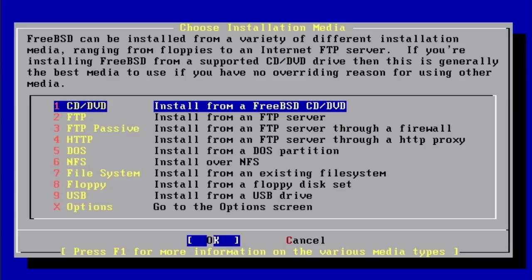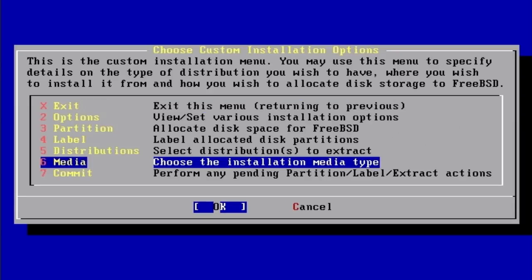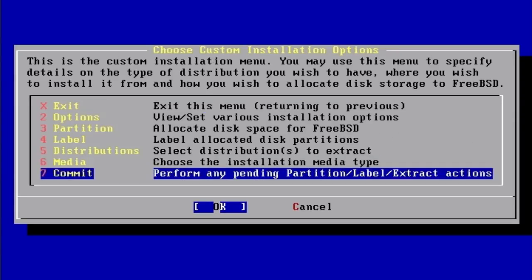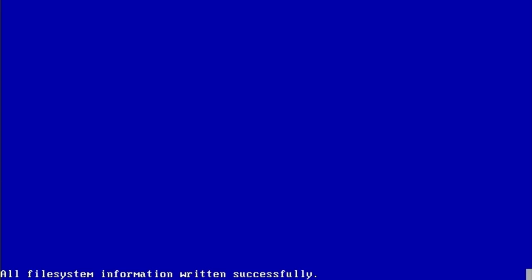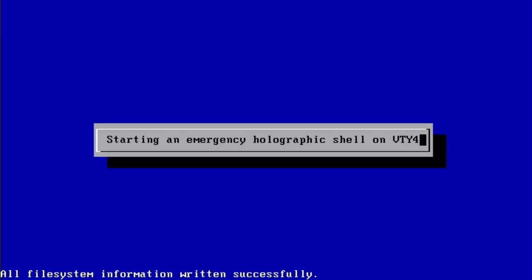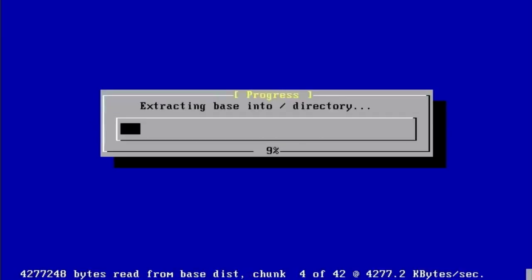If FTP or otherwise, specify through an H. Notice the HTTP option reference is really an FTP server using an HTTP proxy, so really it's telling us that it's installable via FTP, but there are ways to work around it. CD/DVD, and at this stage we can commit, and this is just a matter of waiting for all of the files to be copied from the appropriate media, which is mounted as an ISO image to the virtual VMware instance